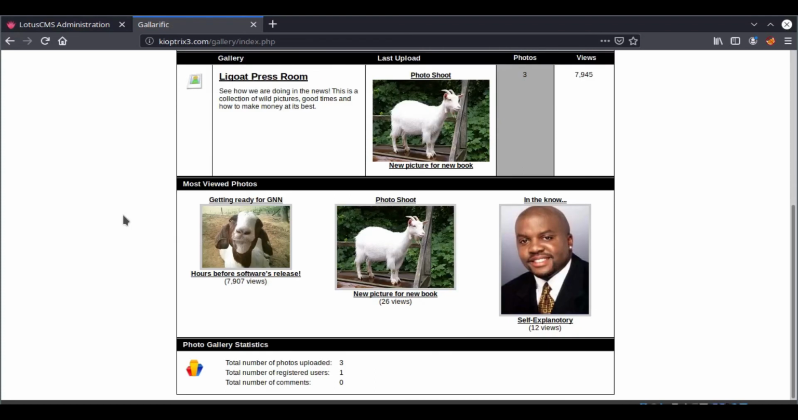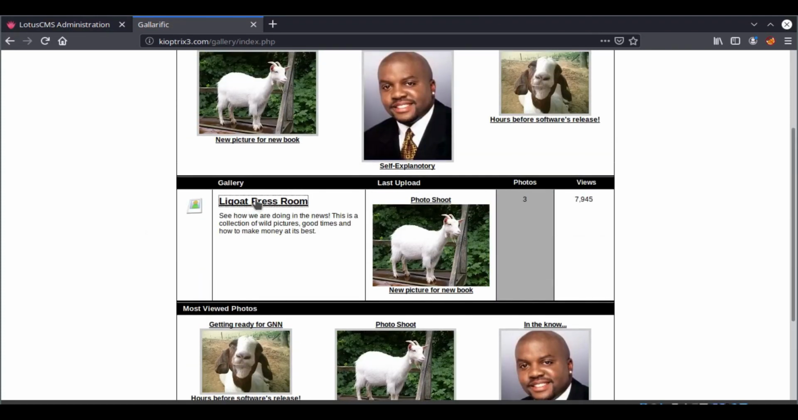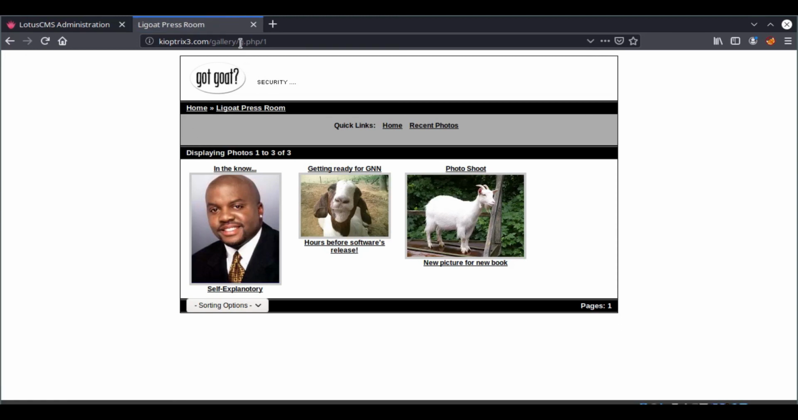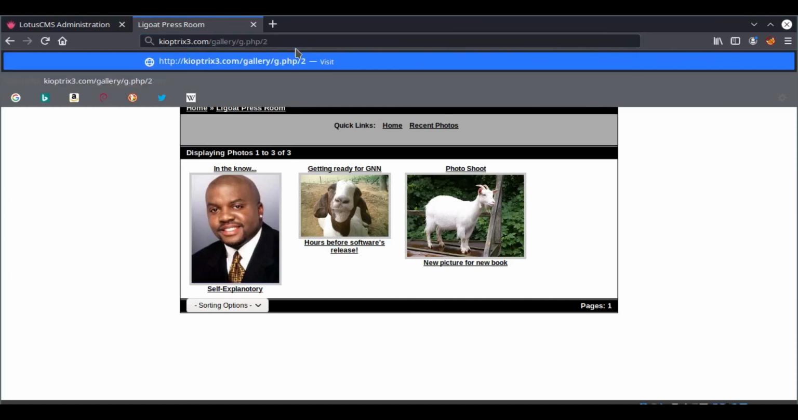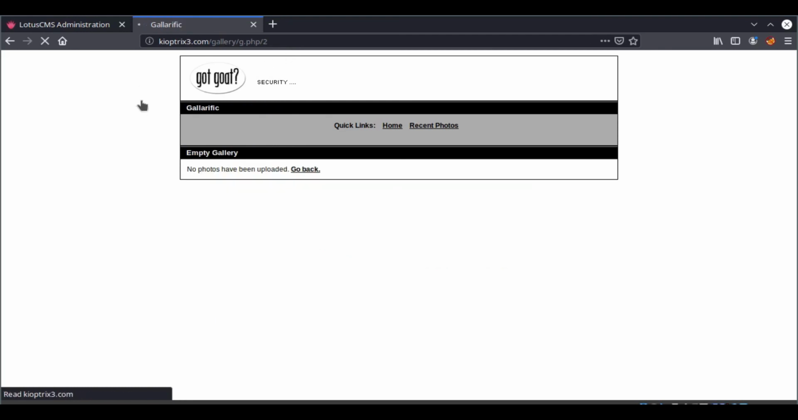and that is this Lightroom press that is going to g.php/1. So the point is, what happens if I change the /1 to /2 or something like that. It says no photos have been uploaded. So let's go back,